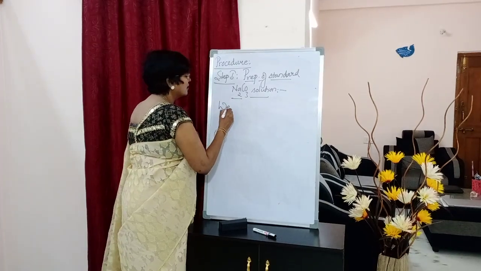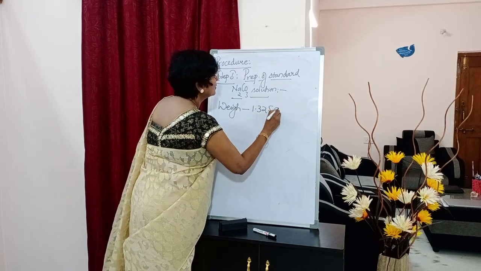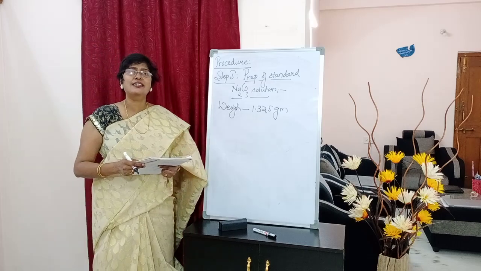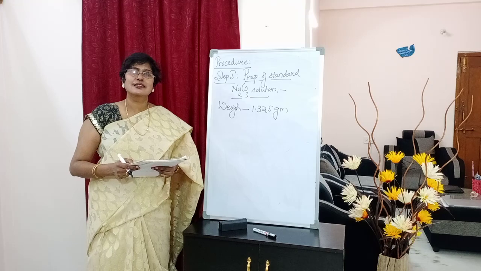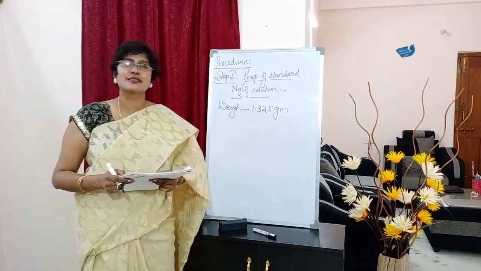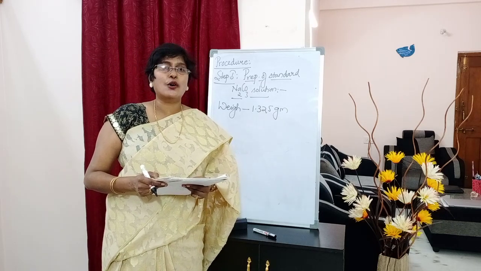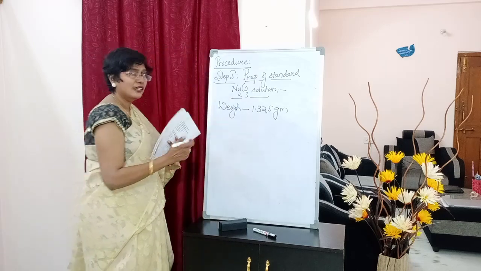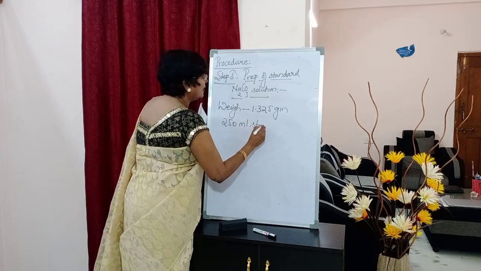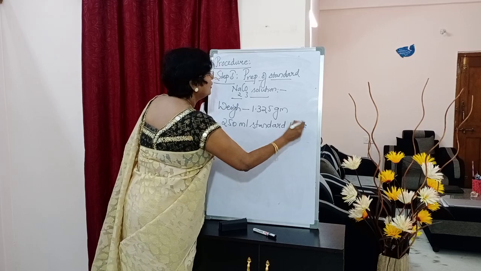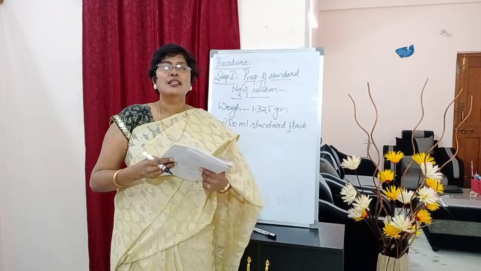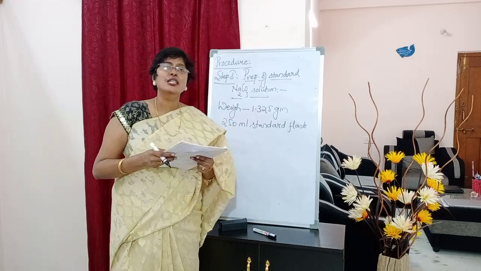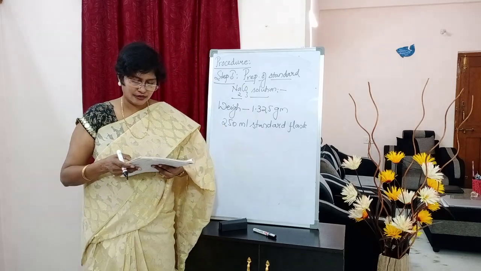Write down: Weigh about 1.325 grams of Na2CO3, dissolve it in distilled water in a 250 ml standard flask, make up the volume to the mark, shake well,